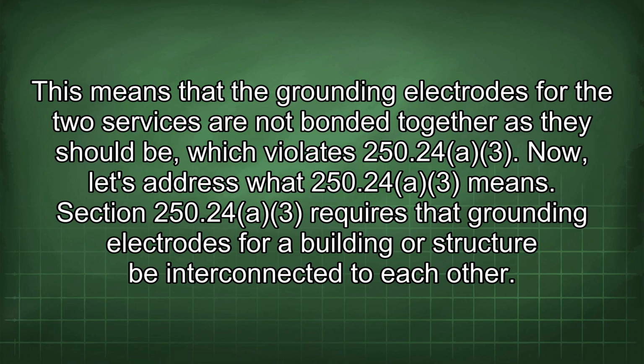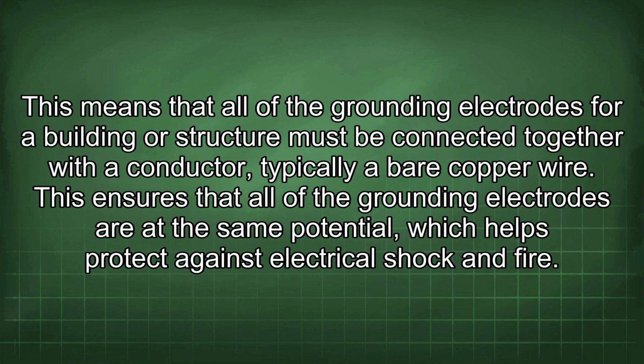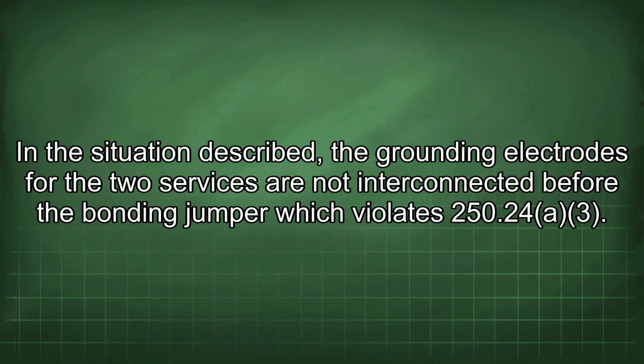250.243. Now, let's address what 250.243 means. Section 250.243 requires that grounding electrodes for a building or structure be interconnected to each other. This means that all of the grounding electrodes for a building or structure must be connected together with a conductor, typically a bare copper wire. This ensures that all of the grounding electrodes are at the same potential, which helps protect against electrical shock and fire. In the situation described, the grounding electrodes for the two services are not interconnected before the bonding jumper, which violates